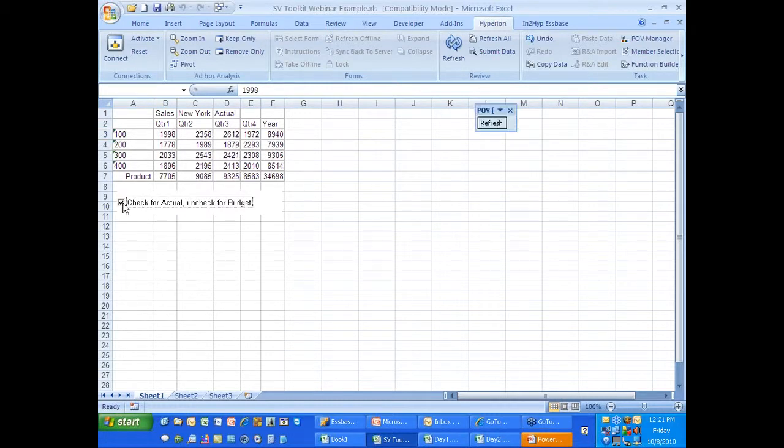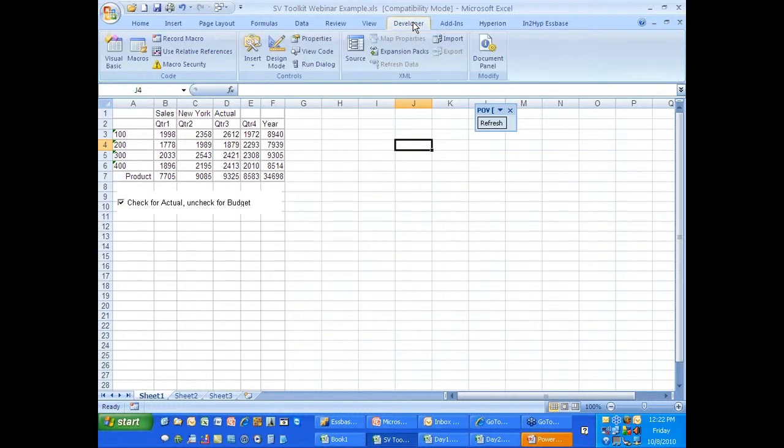And you can watch and see that all of the data is changing each time I check or uncheck that button. But how did I create the button first? Well, the first thing I did was decide which dimension member I'm going to change, D1. Step 2, if you're in Excel 2007 or 10, make sure you have the Developer tab available to you, which